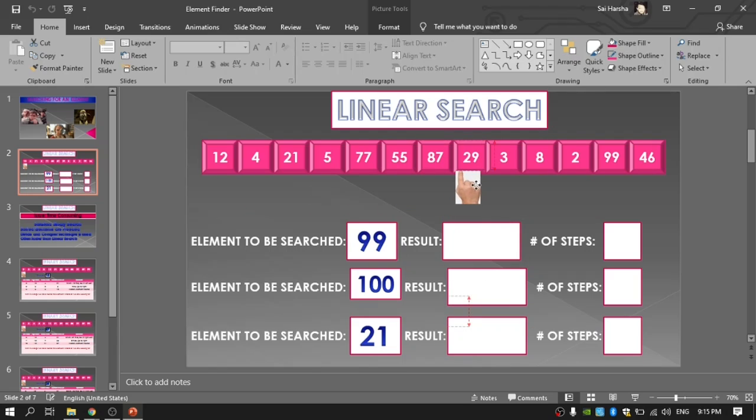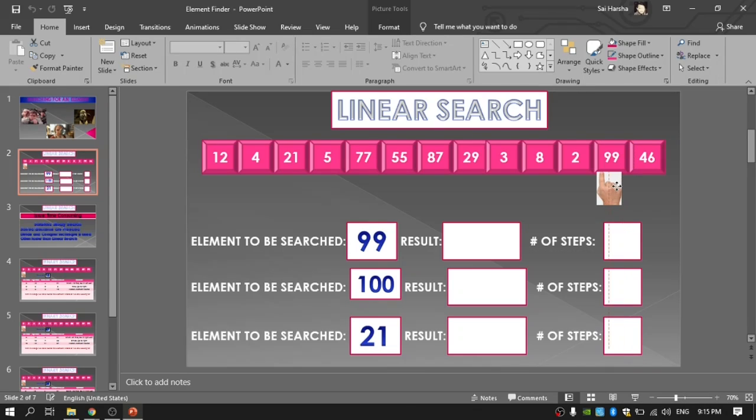Likewise, it will go on one after the other. As you can see, it is available in the last but one position, and the result is success.